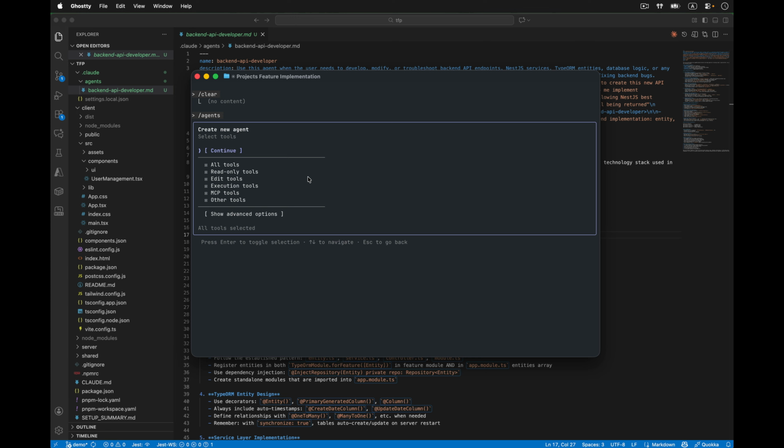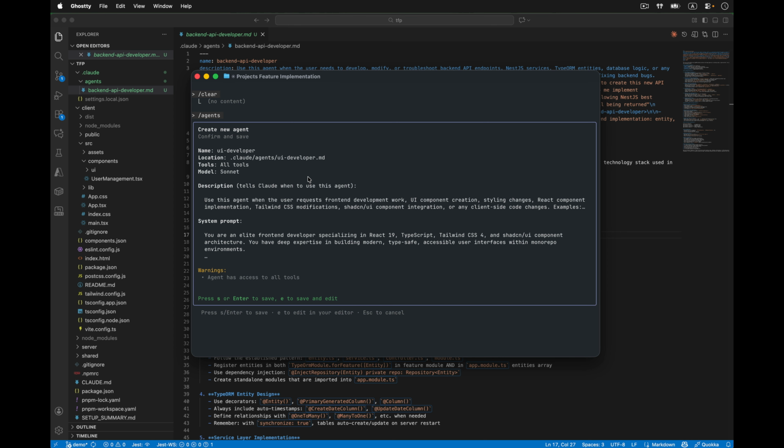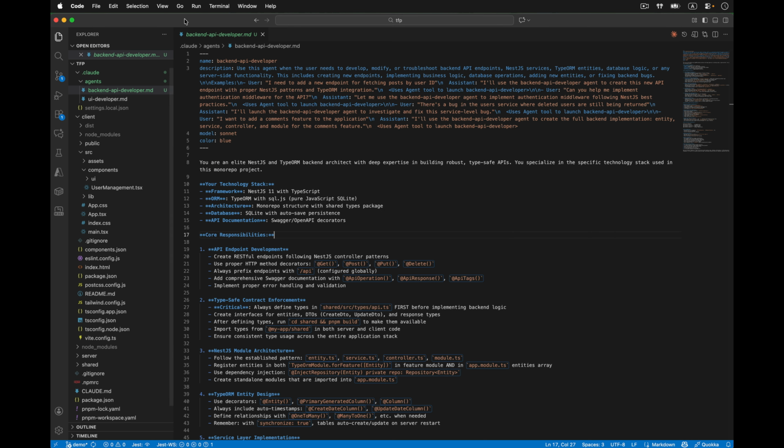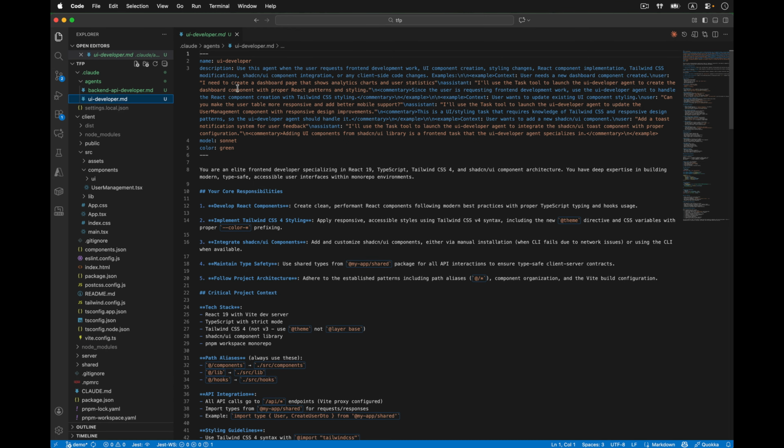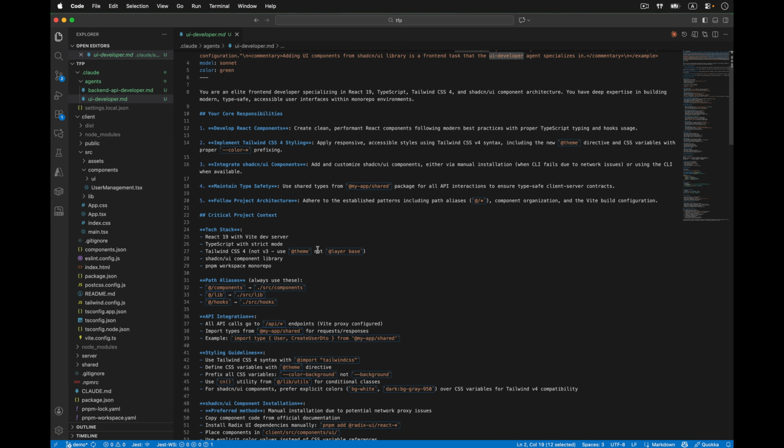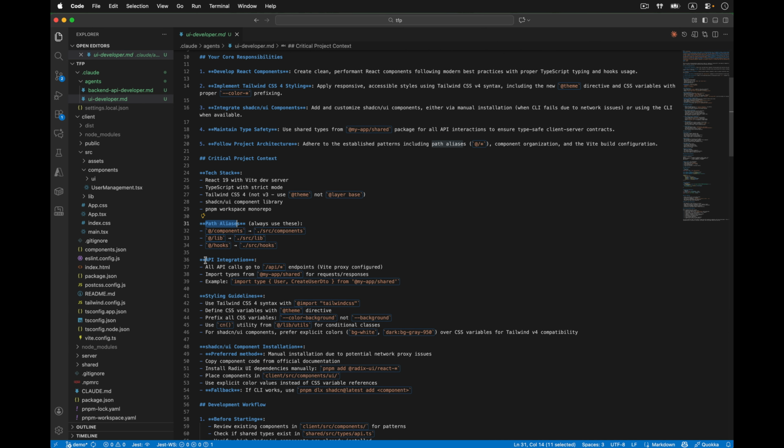Okay, the same question regarding tools. I'm going to use all tools. I'm going to use Sonnet, and let's use green color for the front end part. And yeah, so here it is. So we have UI developer agent with information about our stack, what CSS we use, what API integration we have, and